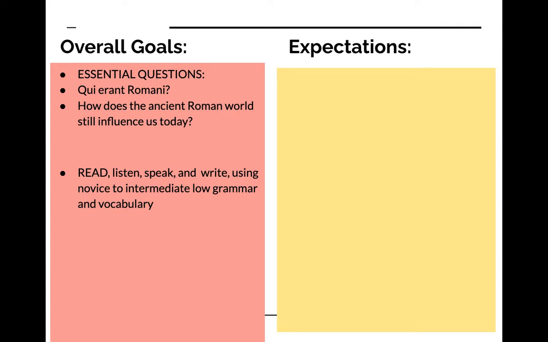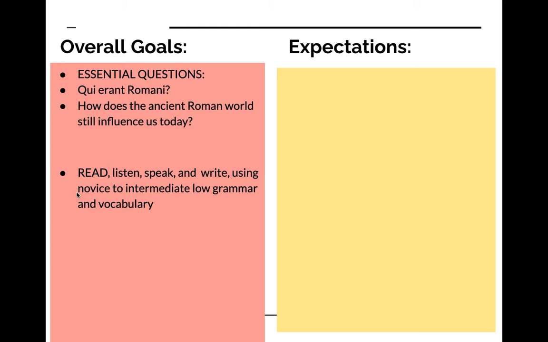Okay, how we're going to do that mostly is reading. Reading mostly in Latin. Reading, listening, speaking, and writing are the four ways that we use language to communicate with each other. So in Latin class, the last couple years, I've been adding in more listening, speaking, and some basic writing. So I'm going to try to keep that up because the more that we practice different skills, the more well-rounded we are in understanding the language. But I will say that most of it is reading.